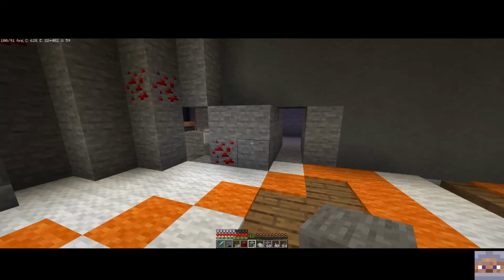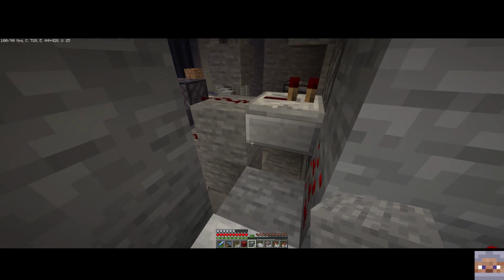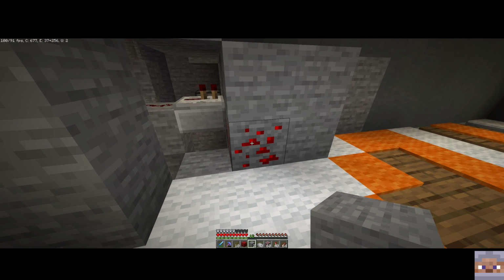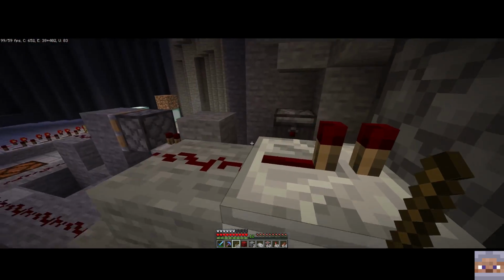Now, what I'm using to power this secret passage, I think you'll think is pretty interesting, is redstone. See this redstone block right here? I am using this to create a redstone signal. All you have to do is click it, and notice it gives a redstone signal,